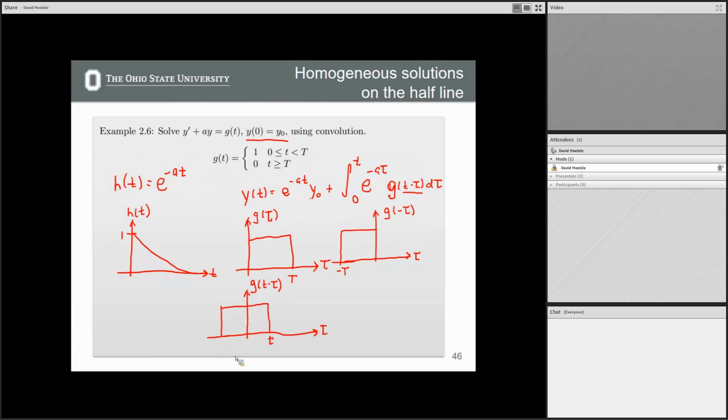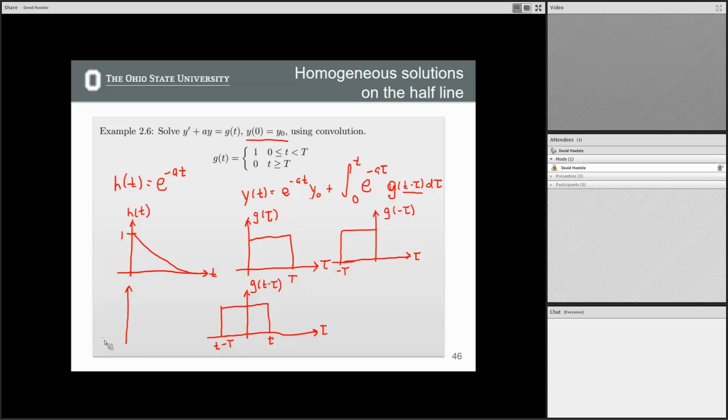This is t. The leading edge of this function is t. The trailing edge of this function is t minus uppercase T. Okay. All right, so what this convolution integral is saying is I have some sort of impulse response, right? And now I can convert this to be